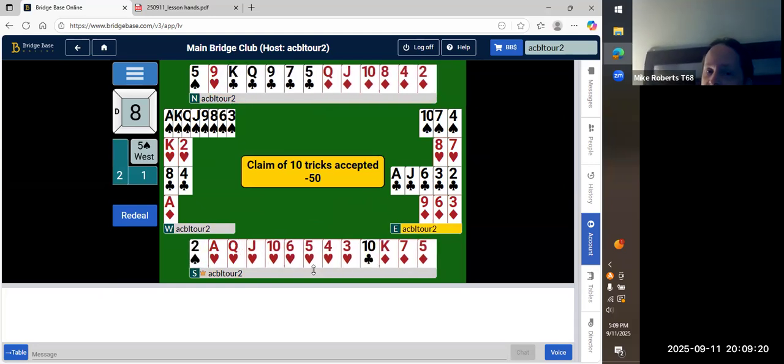So the big advantage of 4-no trump here is that it pushed them to the 5 level right away. If they just bid 2-no trump, they'd only bid 4 hearts, then